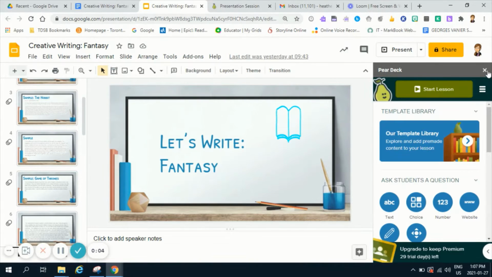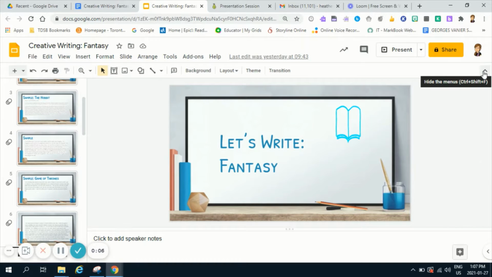Hi everybody, this is a mini tutorial on a new Google add-on called Pear Deck. I'm just going to show you a couple of the quick features and then link you to some more detailed tutorials if you really want to get into it. It's a great tool to encourage student engagement and accountability, both online and when we are back in person, especially